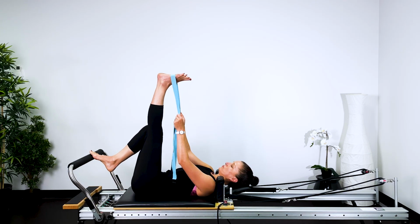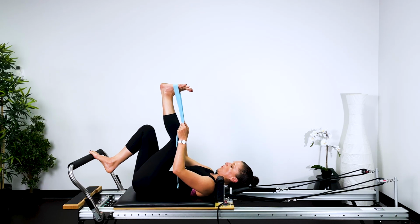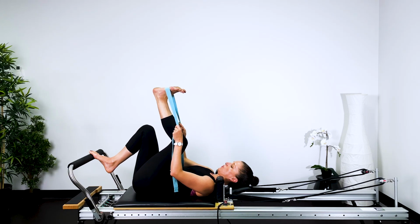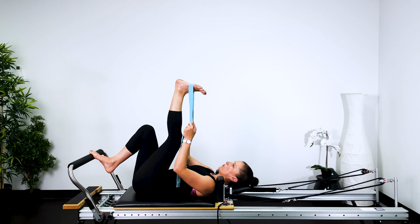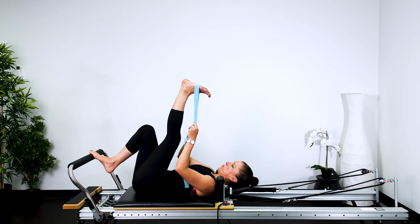Set yourself up so you get a nice hamstring stretch and make sure your pelvis is still in on the carriage. 2, 3, zipping the kneecap up. 4, stretching the back of the leg. 5, scooping the tummy. 6, 7, collarbones away from the ears. 8,